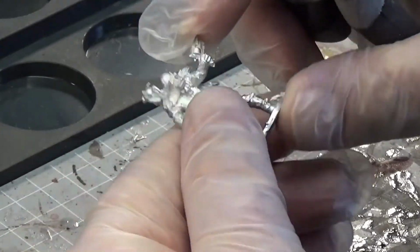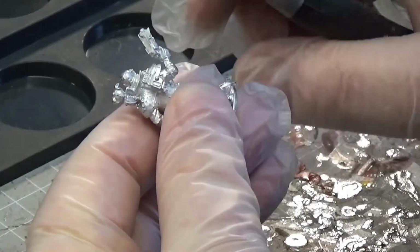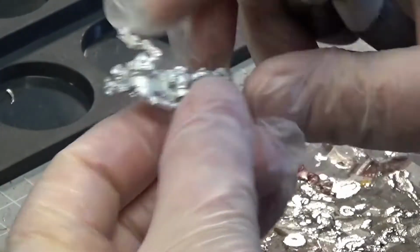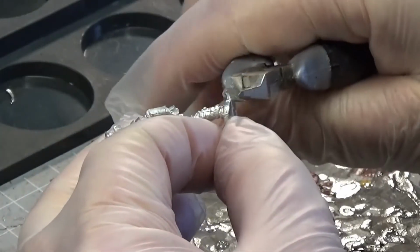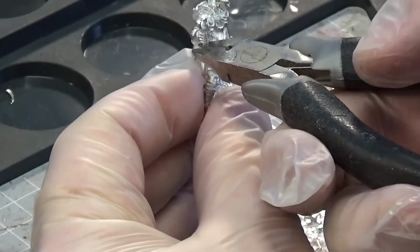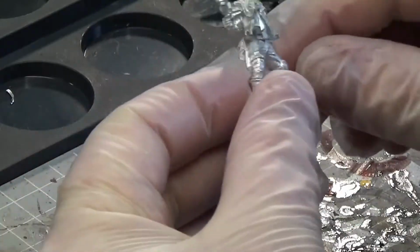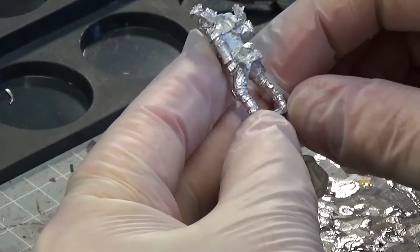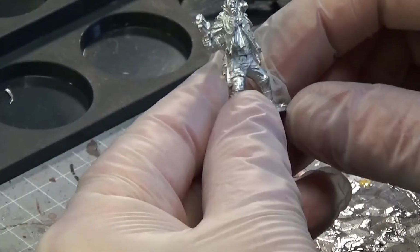and just make sure you get all the bits. So go around the model really thoroughly, don't rush it. There's nothing worse than preparing your metal miniature, cutting off all the bits you think, filing it down and whatever else, then you come to prime it and then you see bits you've missed, because believe me, priming really highlights